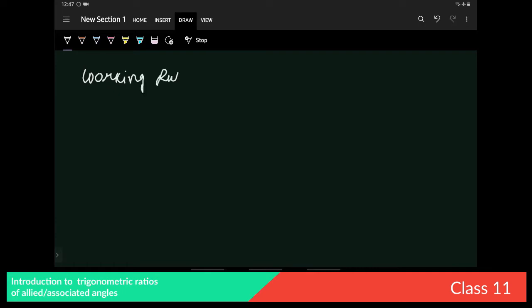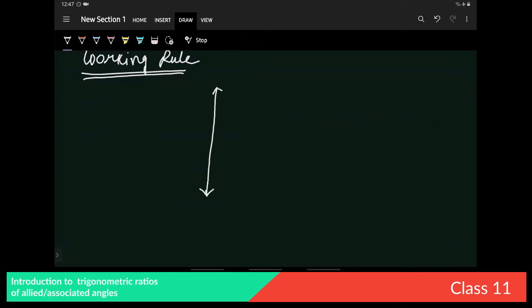It says that if a trigonometric ratio is associated with a vertical line, that is pi by 2 plus minus theta, that means 90 degree plus minus theta, or 270 degree plus minus theta, or in general we can say,